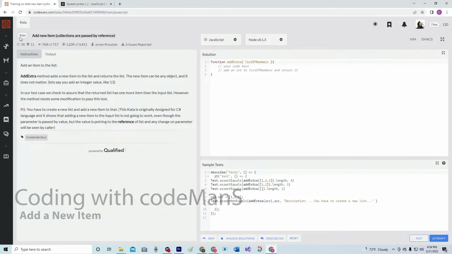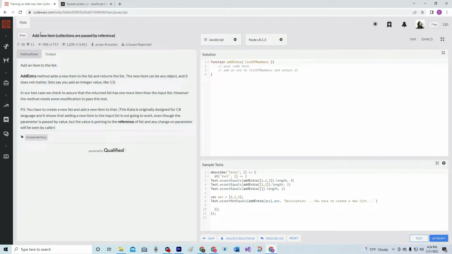All right. So now we're doing 8Q. Add new item. Collections are passed by reference. This is by Aryan